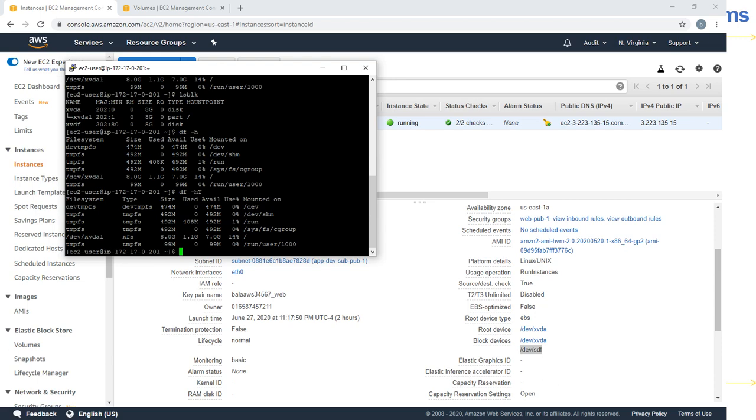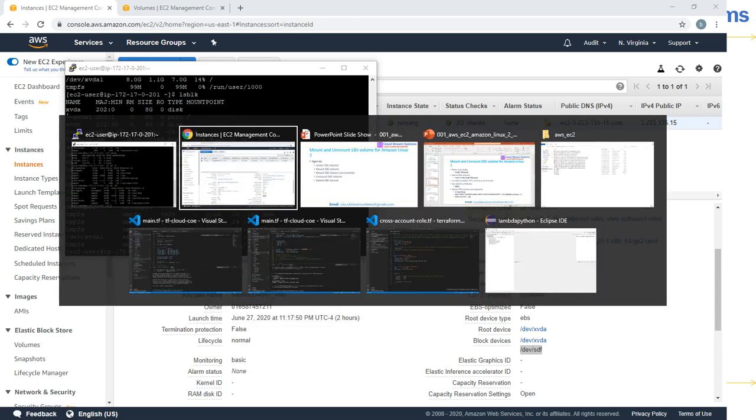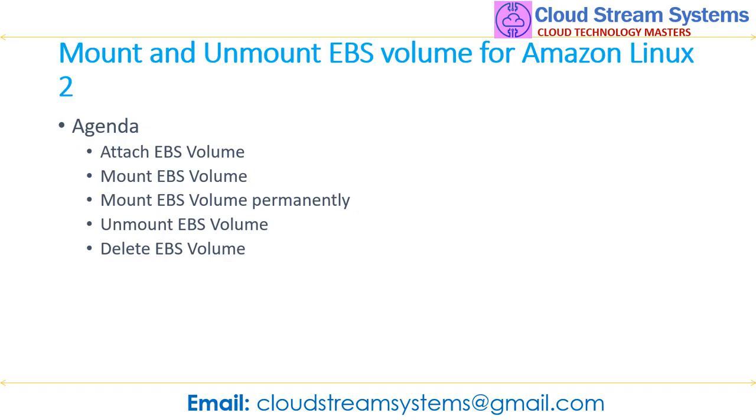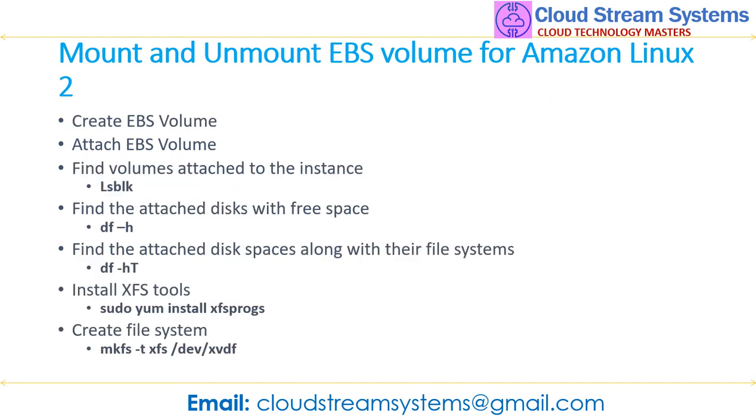For the additional volume as well, we go and use the same file system. So in order to find volumes attached to an EC2 instance, you will be using this command. If you want to find out the free space, I mean disk space used, this is the command you will be performing. Along with that, if you want to find out the file system of the disk, you will be using this command.